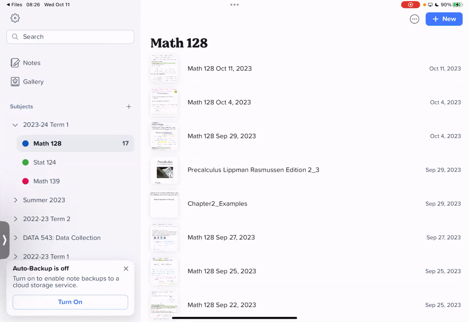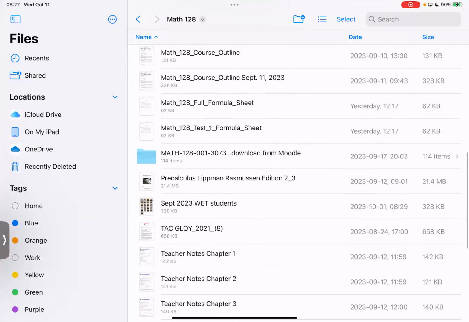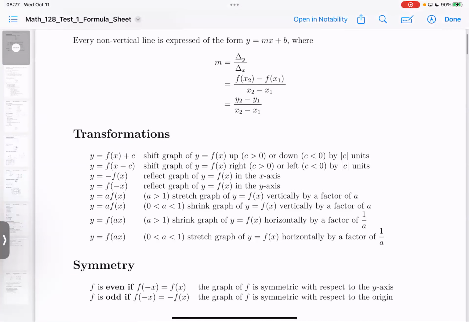I lost them. The formulas. Okay. Sure. Thought I opened them, but